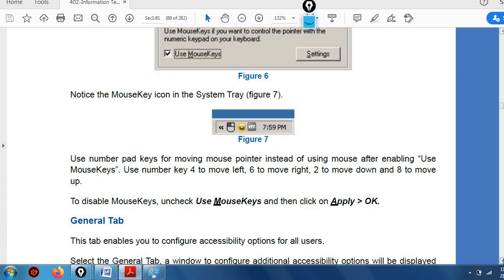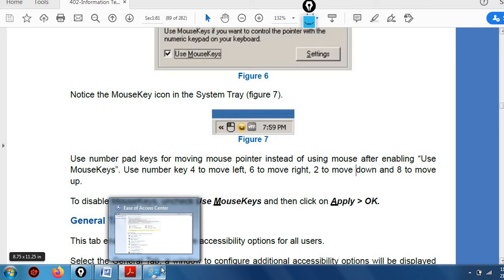Now I am going to tell you how you can easily use number pad keys for moving the mouse pointer. अब भाई mouse, if any disabled person is unable to use the mouse properly, then one more option is with him, that he can activate one feature, and after that he will be able to use the mouse with his system's keyboard.